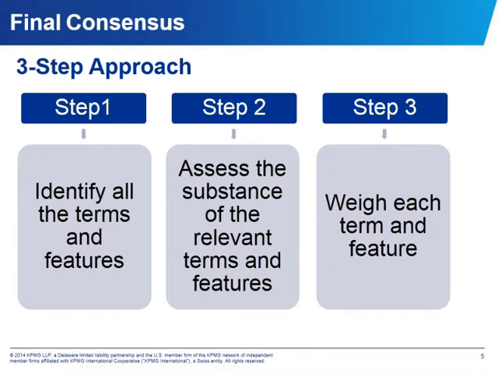Now, step 2 is to assess the substance of the relevant terms and features. So this assessment would include consideration of the characteristics of the terms and features. Let's say the instrument included a contingent feature or a non-contingent feature, or an in the money or out of money feature, things of that nature. You would also consider the circumstances in which the hybrid financial instrument was issued. For instance, was the instrument really a residual interest in the issuer because the entity was thinly capitalized, or is the entity profitable and well capitalized?